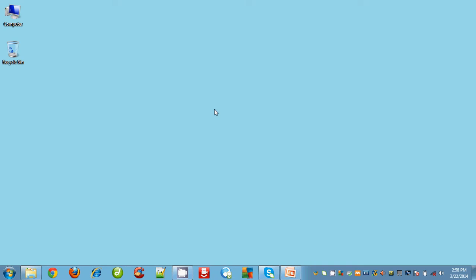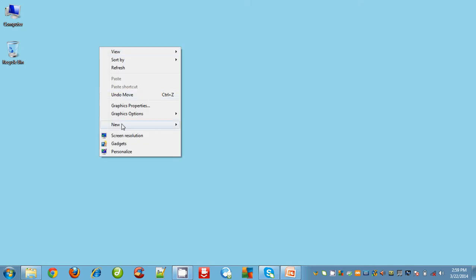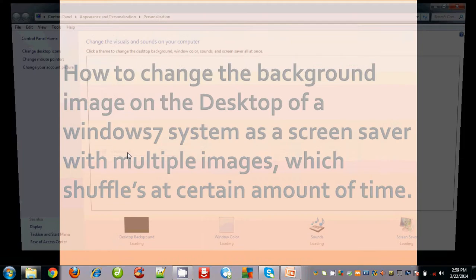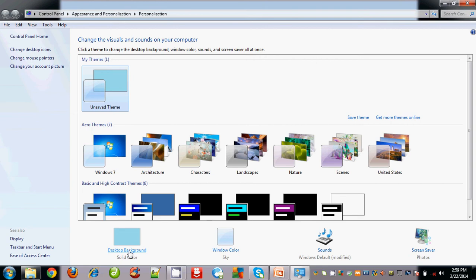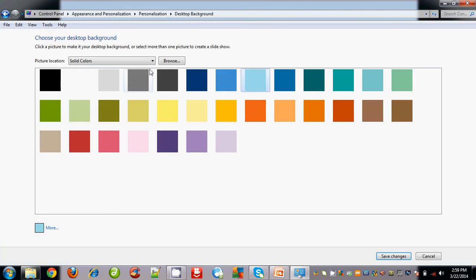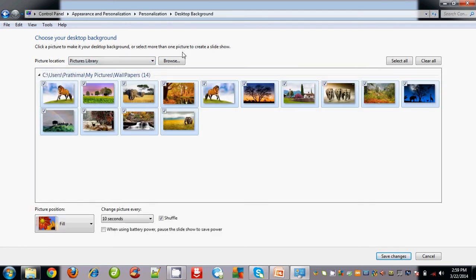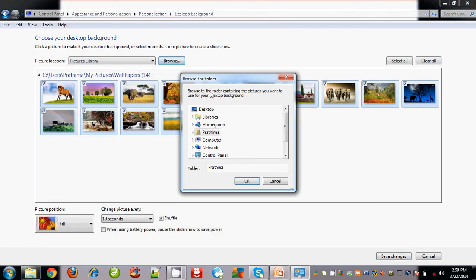Now I'm going to change this entire blue screen to some beautiful screensaver images which will shuffle for every 10 seconds. It will change with another image. Now to do that, we just right click on the desktop, go to personalize and click desktop background down here, and select pictures library and click browse.